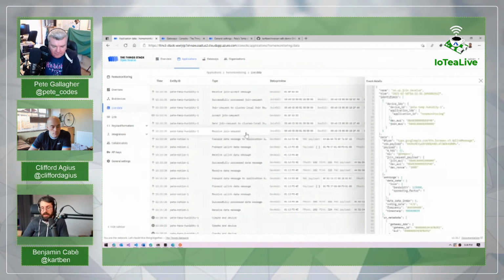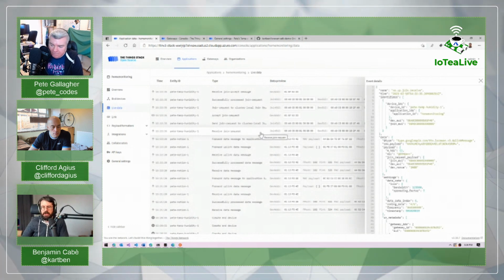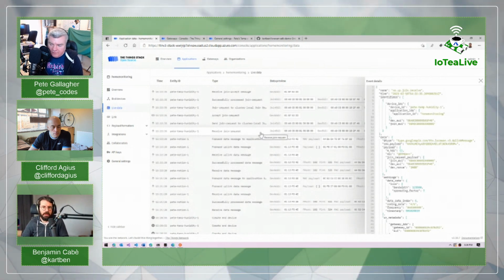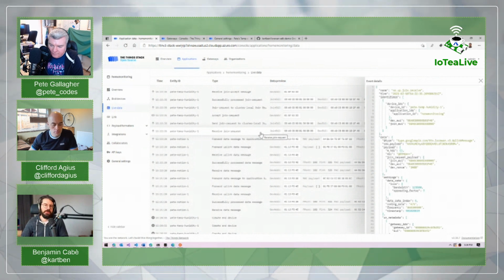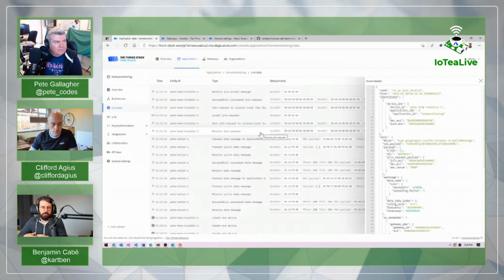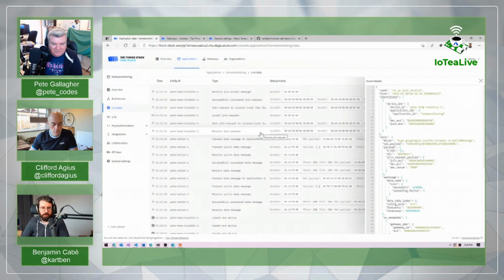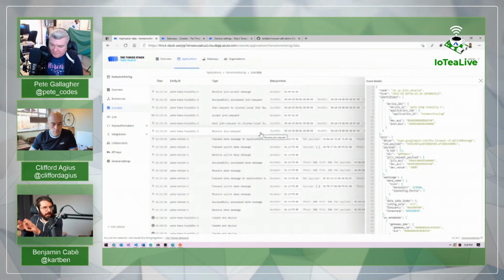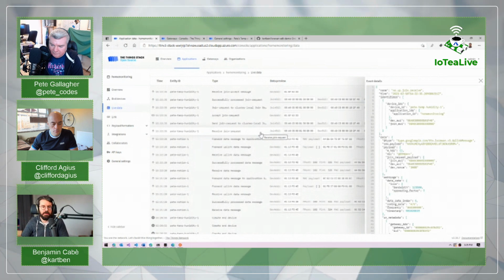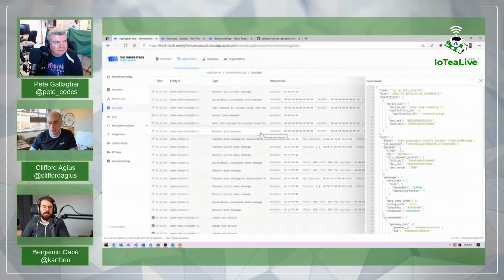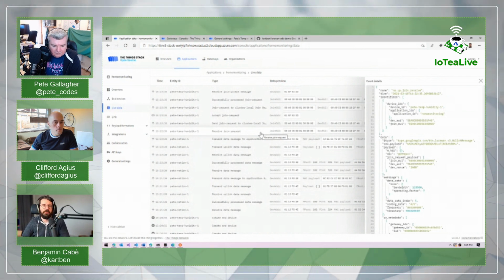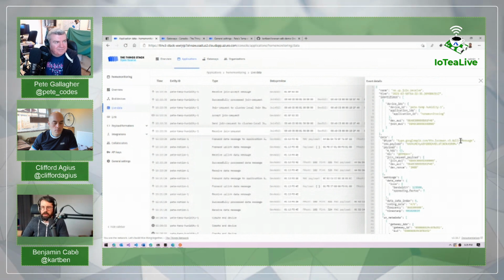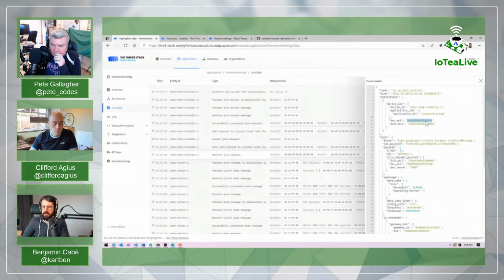We could actually dive into how the join requests look, but it's essentially a datagram, a radio packet, which is like, hey, here's my device EUI. Here's my willingness to join a network. And by the way, I'm signing my request with the app key, right? And so this packet gets transmitted into the air. The gateway picks it up, forwards it to the server, and the server is like, a device is trying to join. The device is telling me that it's called this, and that it's trying to join with this